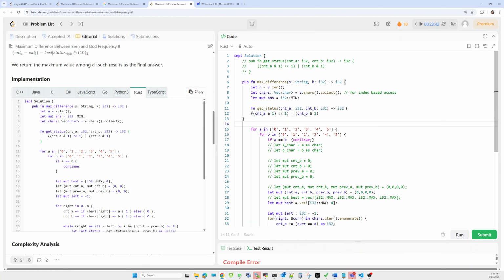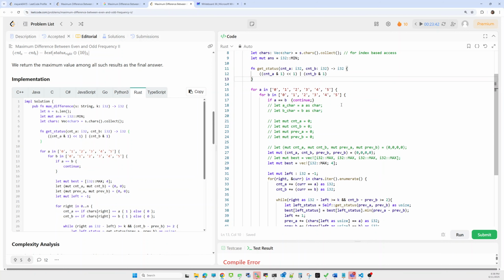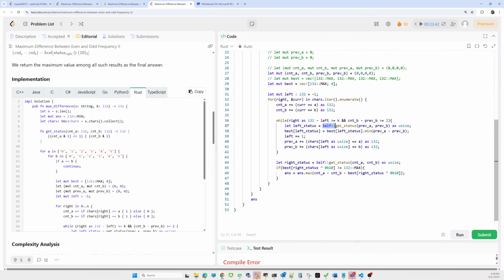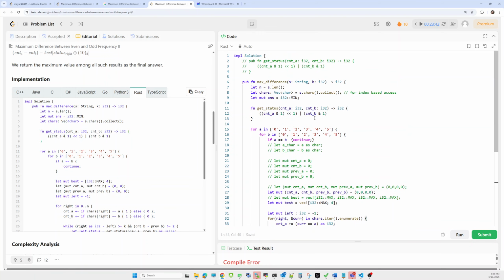Here I am giving the implementation in the public method of solution only, and to call this, I will just remove the self. Previously I had given the implementation in the implementation of solution. Okay, let's try.